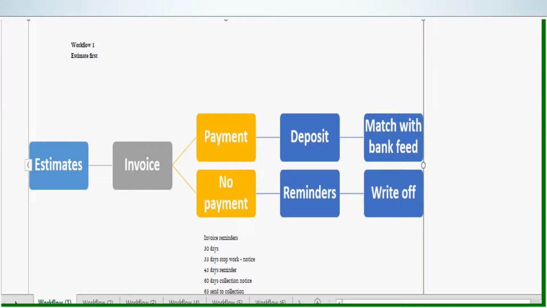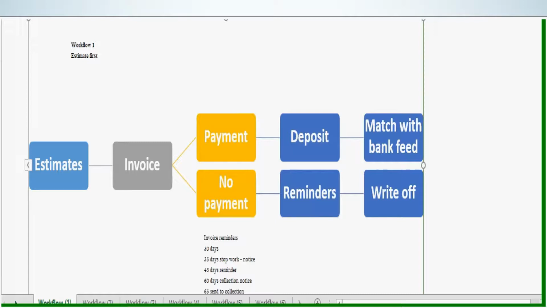Before you determine workflow, one of the things you need to decide is if you're going to be cash basis or accrual basis. This is really important before you even start using QuickBooks, because when you're not sure and you use an accrual basis workflow for a cash basis business, it causes some errors in the books. So knowing exactly how you want to report your income will determine what kind of workflow we'll use. So now we're going to start with an accrual basis business, who first of all